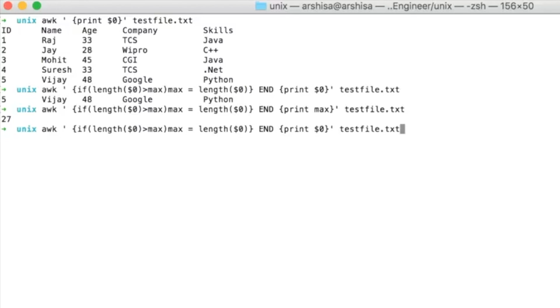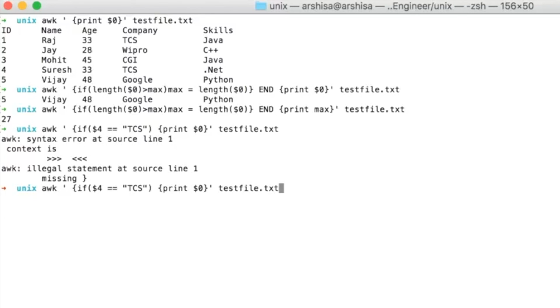You can also perform some string operations. Suppose I want to compare the company, which is the fourth column. So we will simply say if the fourth column equals the string TCS, and this will print the entire row.